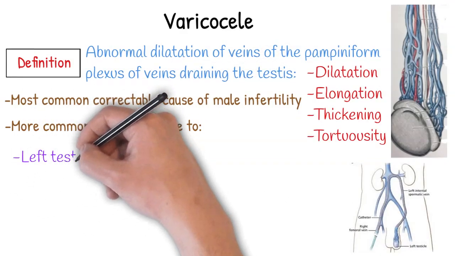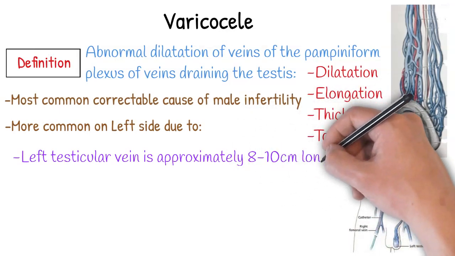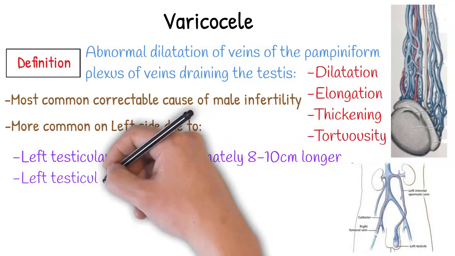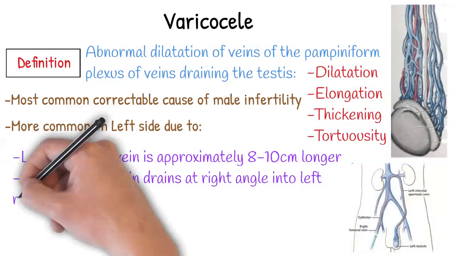Why? Because of three things. First, the left testicular vein is approximately 8 to 10 centimeters longer. Second, the left testicular vein drains at a right angle into the left renal vein. Third,